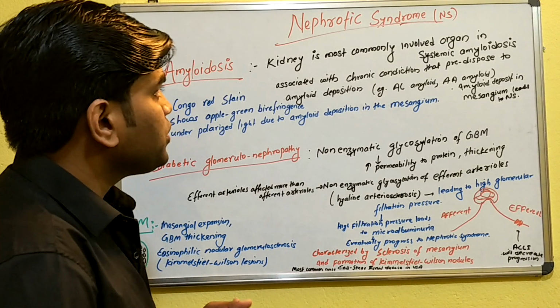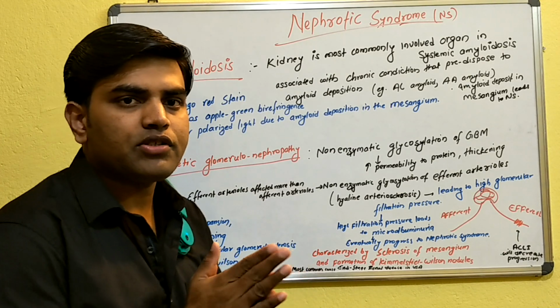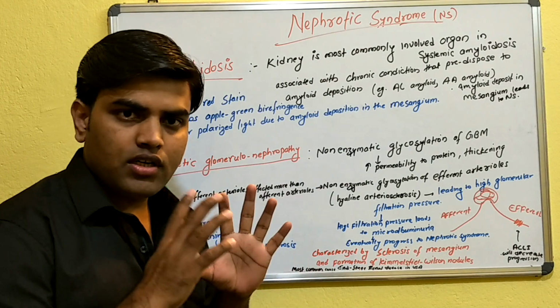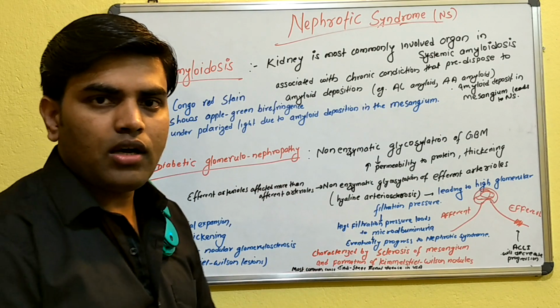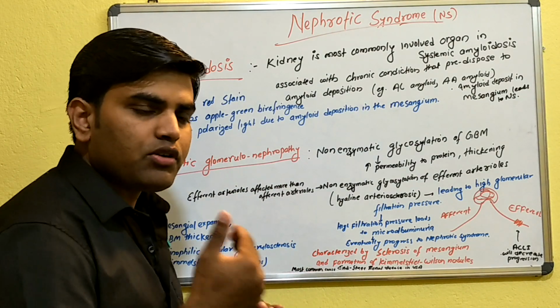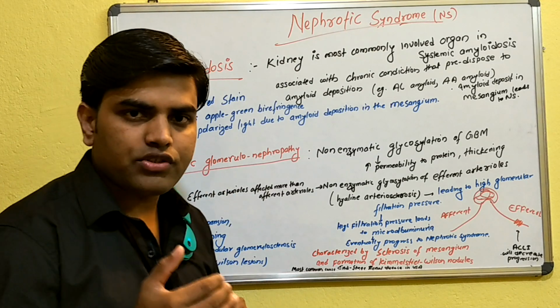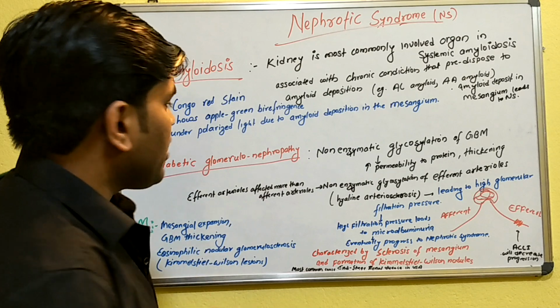Hello everyone. Today we will continue our nephrotic syndrome lecture, where we have discussed the pathophysiology of nephrotic syndrome with clinical phases in the first lecture. Then we talked about minimal change disease and focal segmental glomerulosclerosis. Now we will be discussing the two systemic causes of nephrotic syndrome, and those are amyloidosis and diabetic